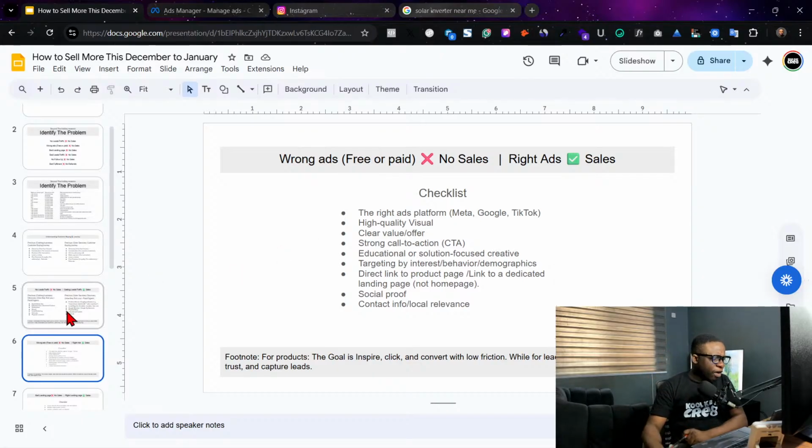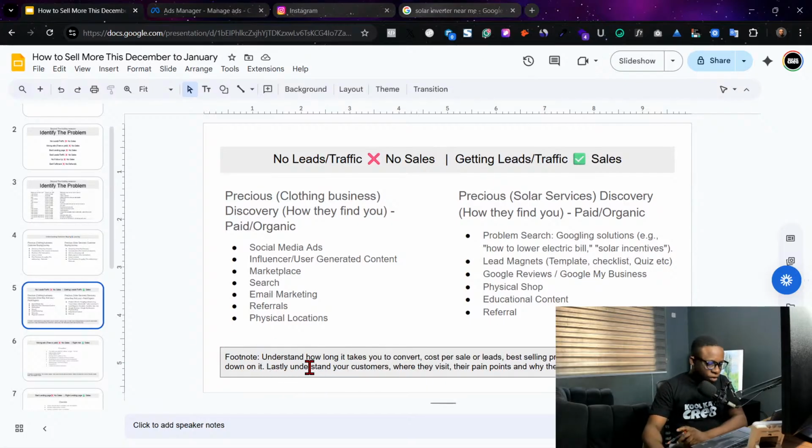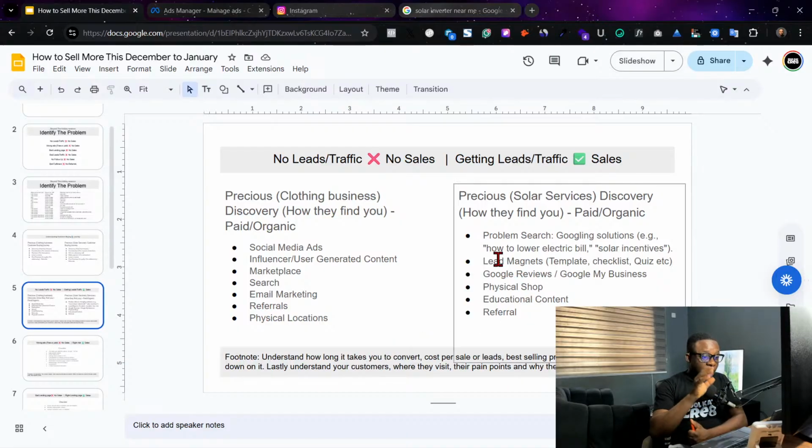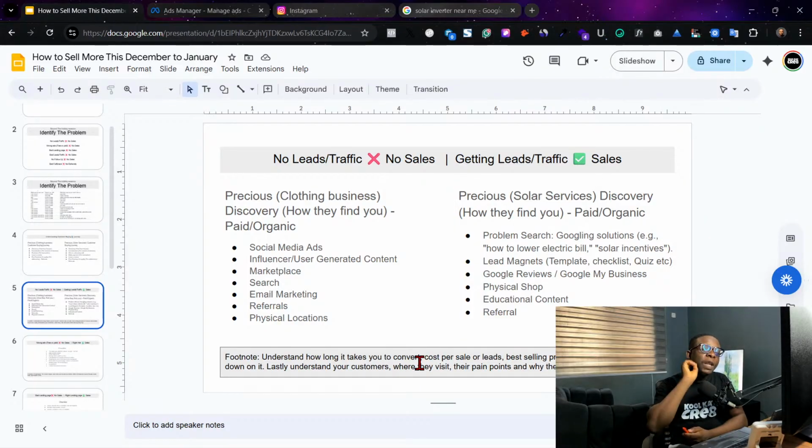So before I come back to this, there's a footnote I forgot about here. Understand how long it takes to convert. When you are trying to get leads, you need to understand how long one particular lead takes to convert. Let me use myself as an example. If we run ads today, I can bet you that client may not convert today. I understand my business. That client would convert in the next 1 to 2 months. So I know that if I don't run ads this month, I will not get clients next month, because they won't convert immediately.